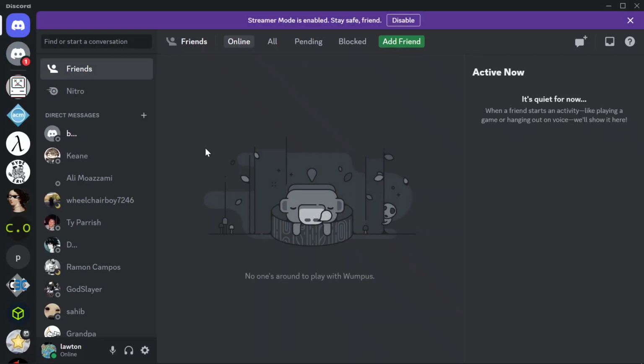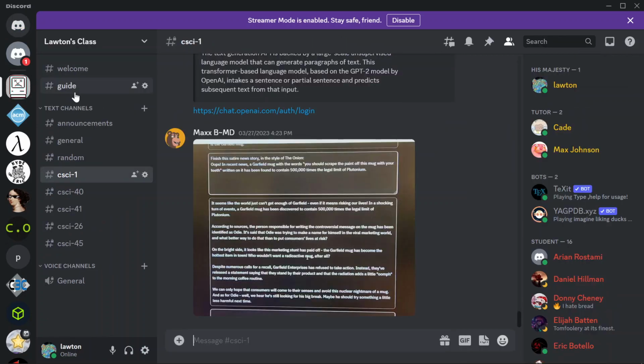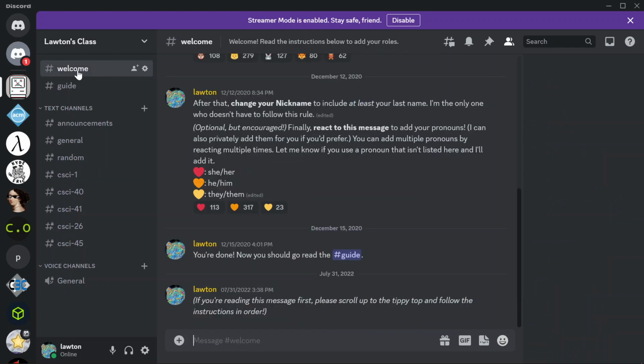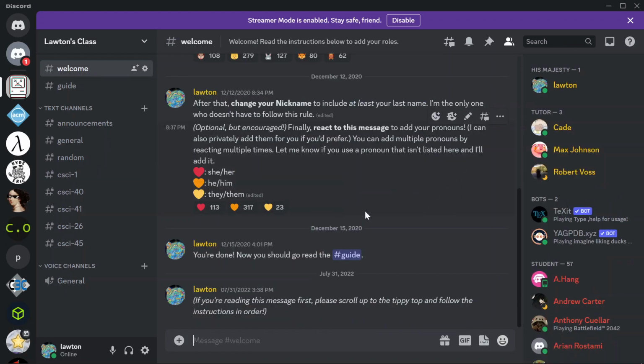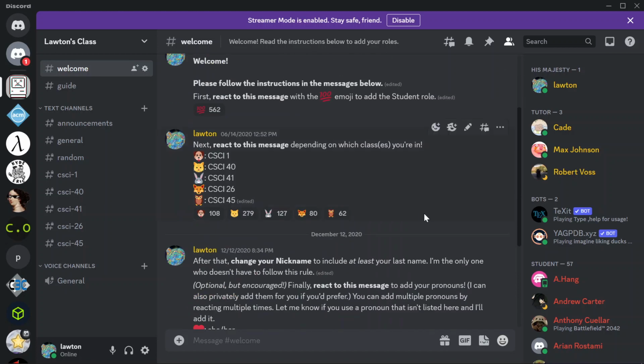But once you click the invite link on our Canvas modules, it will give you access to our class server. It's this one. At the start, you only have these two channels up top. To gain access to the other ones, go to the Welcome channel and scroll up. First, click the 100 emoji to add the student role, and then click the cat emoji to add the